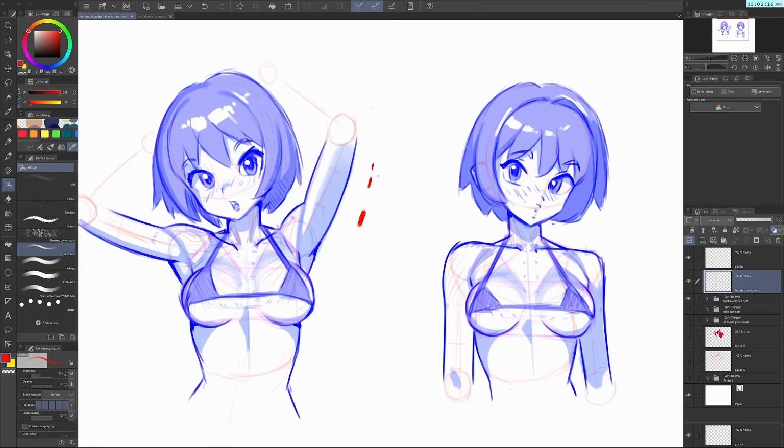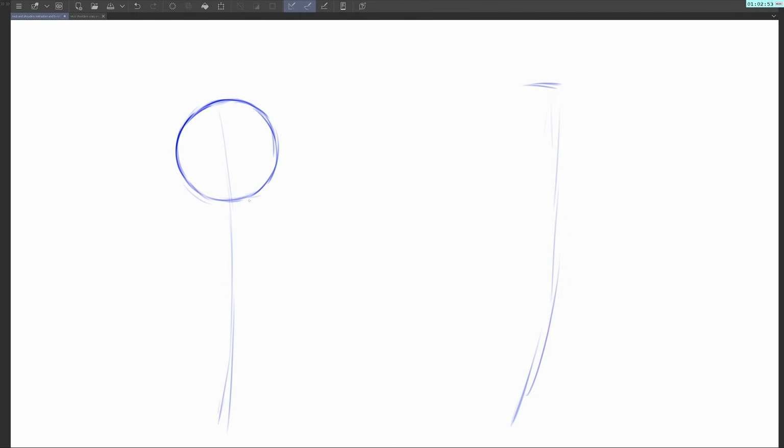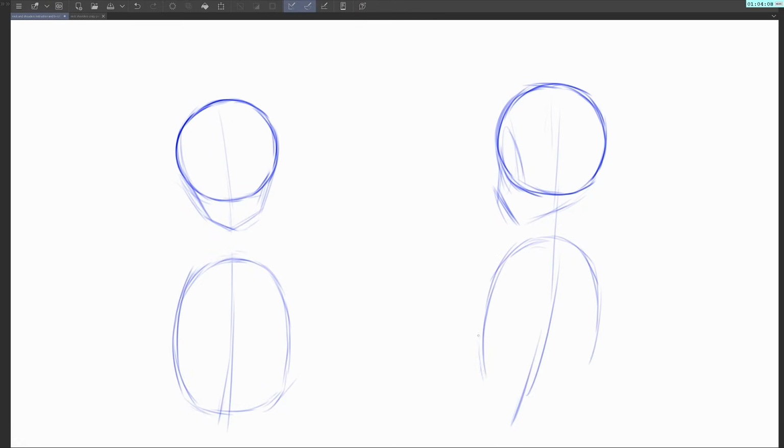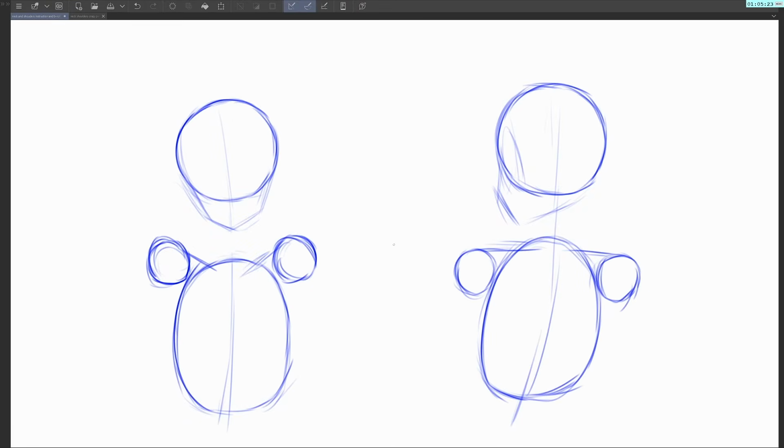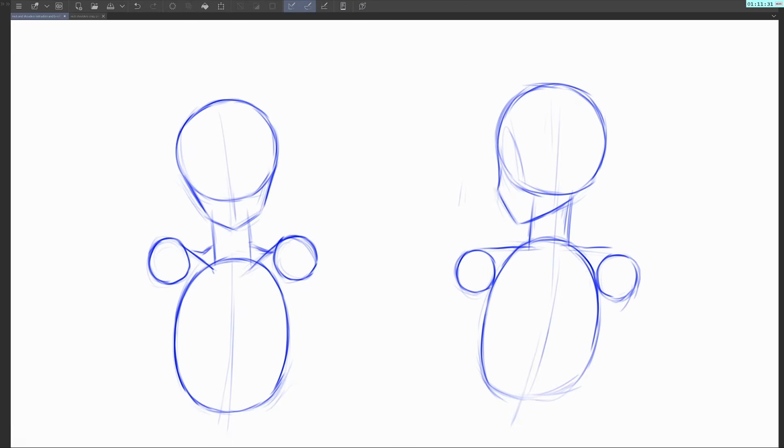Now let's do it from the back as well. So we'll do another couple of figures, same rules. So head, balls to the shoulders, and the one on the left, we're going to have the arms raised. Now, when we're building out the shoulder blades, there's a couple of rules that are going to help us put them together. So firstly, once we've got that mass for the rib cage and the shoulders, we'd be able to